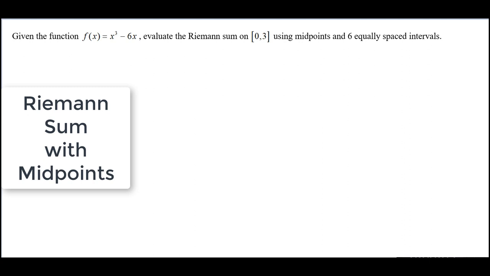We are asked to find the Riemann sum of the given function over the closed interval from 0 to 3 using midpoints and 6 equally spaced intervals. Let's begin by noting that our n is equal to 6 in the Riemann sum formula, and we proceed with